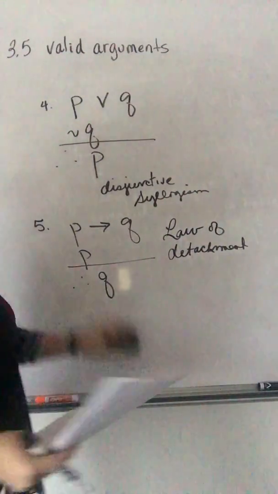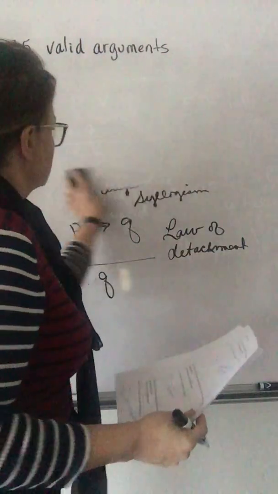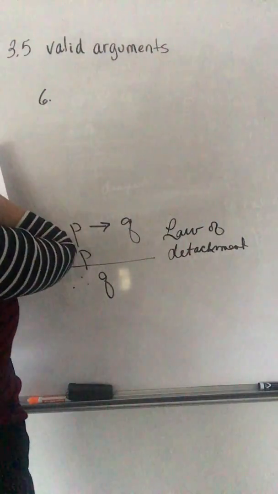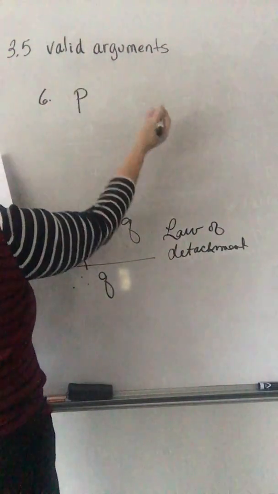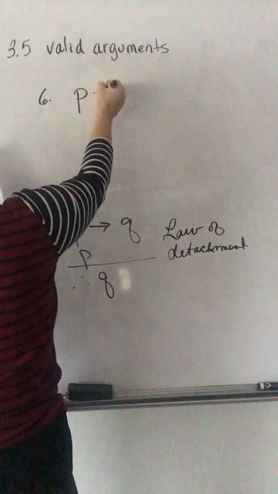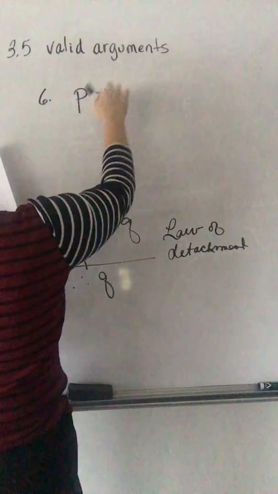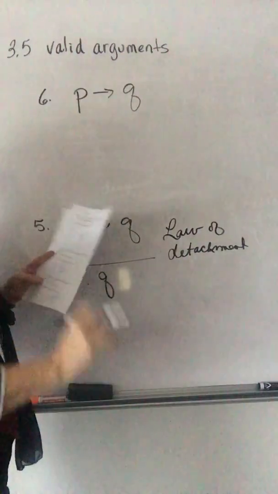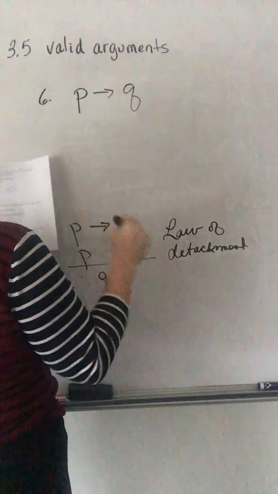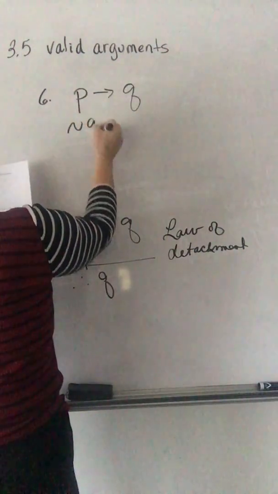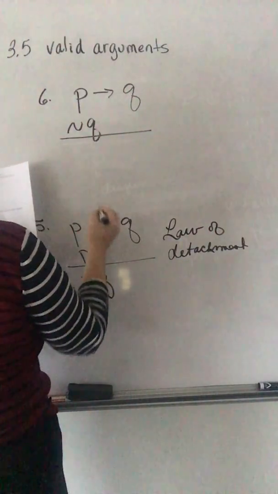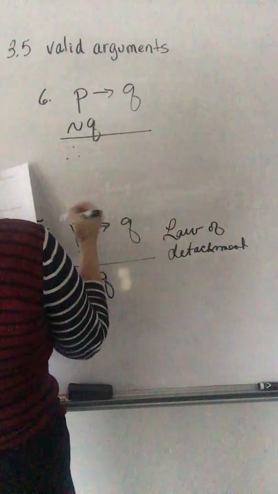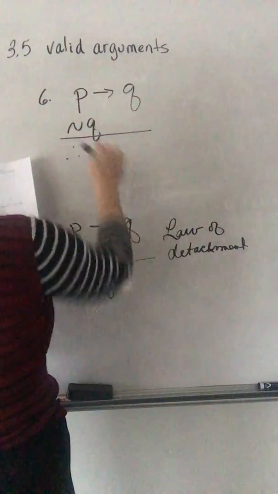Okay, number 6. If Nicholas Thompson teaches this course, we'll call that a simple statement P, then, that's our conditional, I will get a passing grade. We'll call that statement Q. Next sentence: I did not get a passing grade, so not Q. Therefore, does it make sense that Nicholas Thompson did not teach the course? That was P